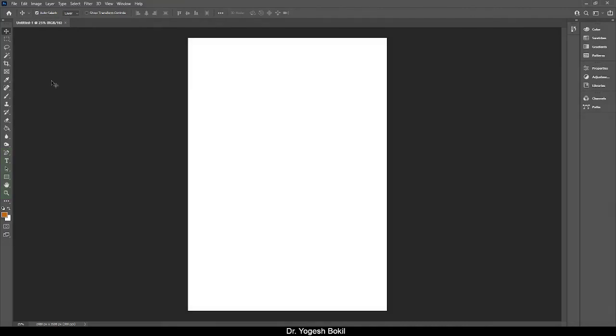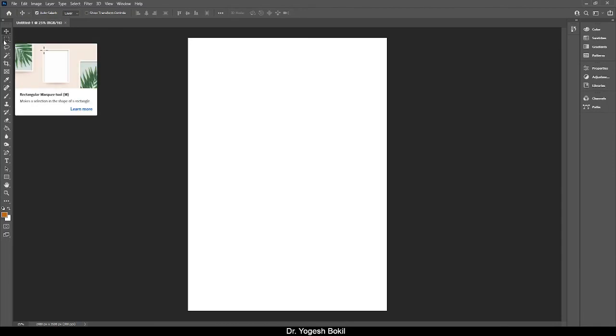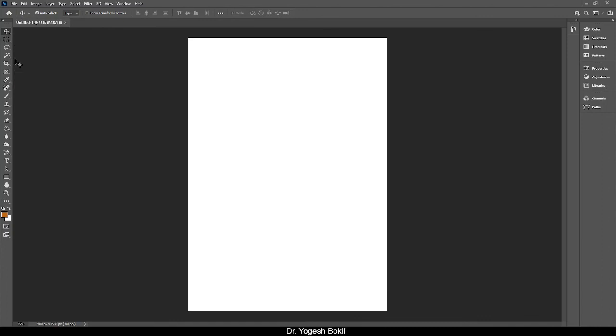The toolbar's hidden tools. Each tool in the toolbar is represented by an icon, and there are many more tools available than what we see. A small arrow in the bottom right corner of a tool icon means that there are more tools hiding behind it in the same spot. To view additional tools, click and hold the icon, or right-click in Windows. A flyout menu will open listing the other tools that are available.